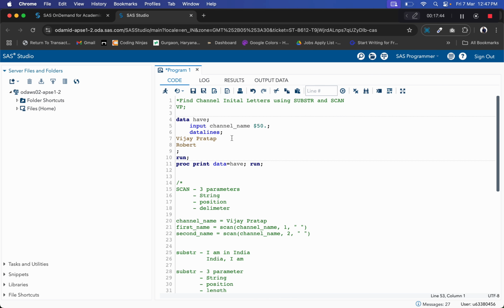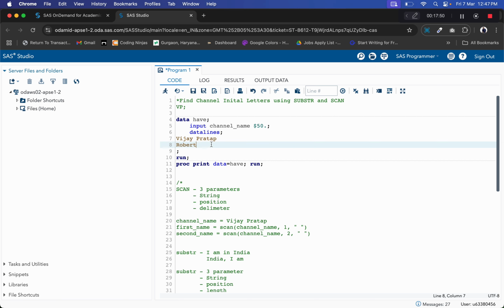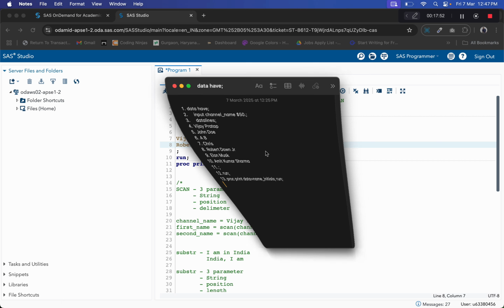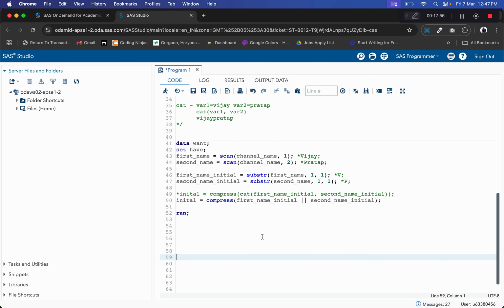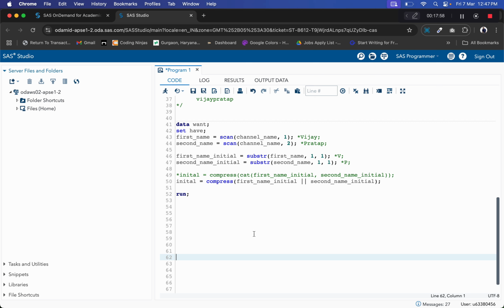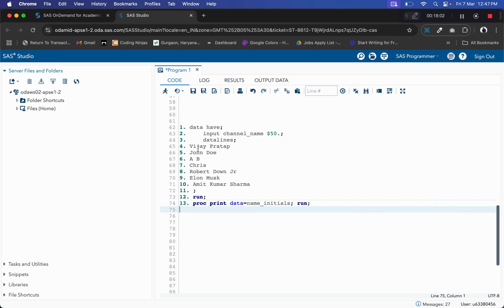But what if, instead of two, we have three-letter names? For example, let me paste one dataset and show you.